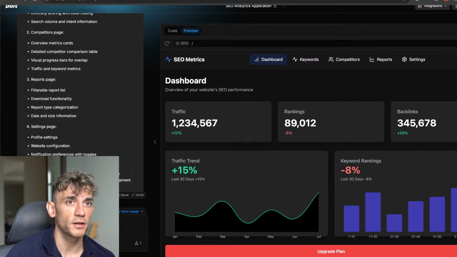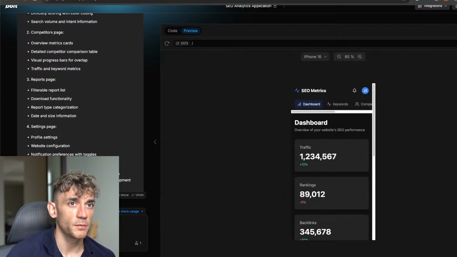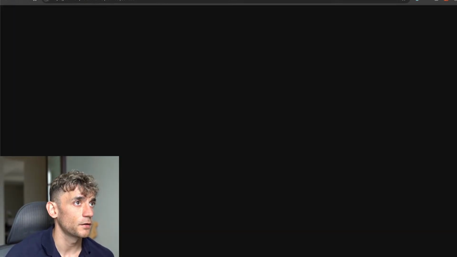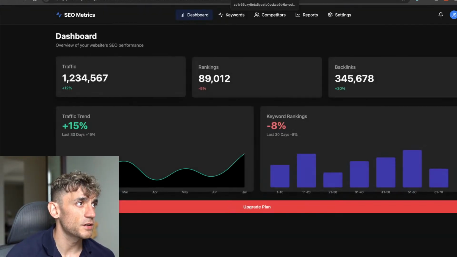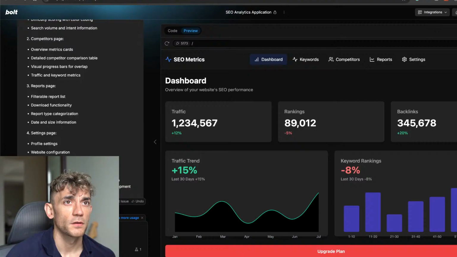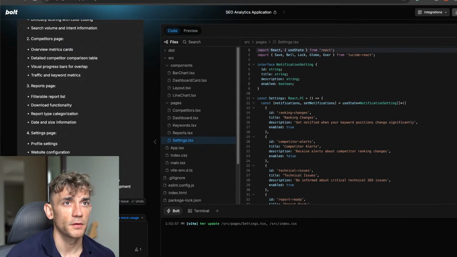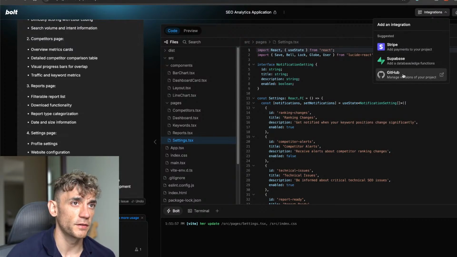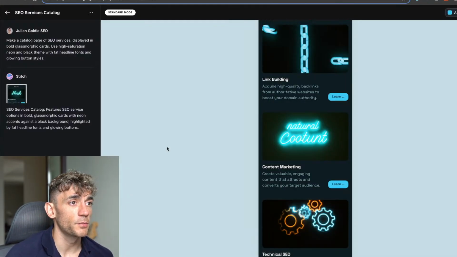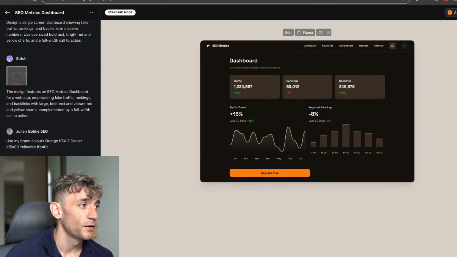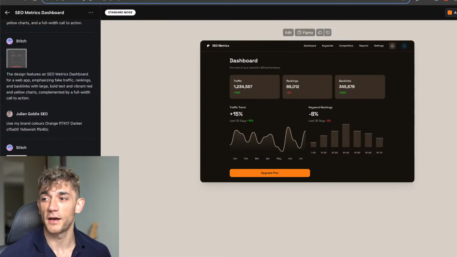Quick deployment, really simple and easy to use. We can flick between responsive mode and normal. We can open that up in a separate preview. If we click on Connect Project, what that's actually going to do is deploy it on a subdomain, like you can see. And then if we click on code over here, we can download that, right? So we can download that as a zip file, or we can integrate it with Stripe, Supabase, and GitHub as well. So pretty nice sort of workflow between Bolt, Lovable, and everything else. Really simple and easy to build, and for some reason this doesn't normally work, but it actually worked out perfectly.